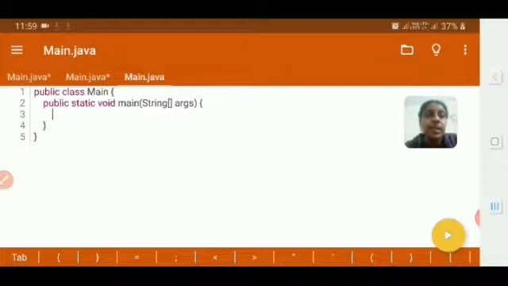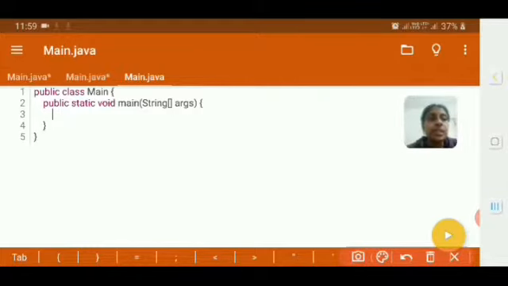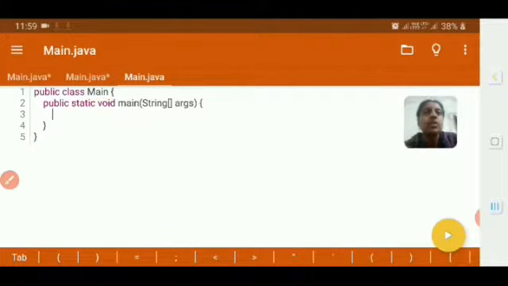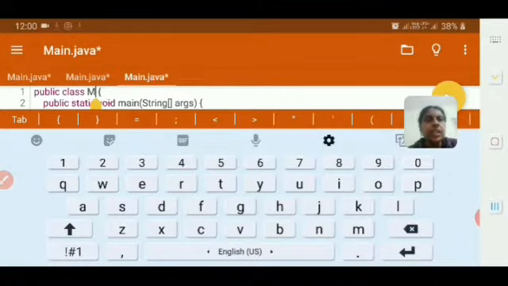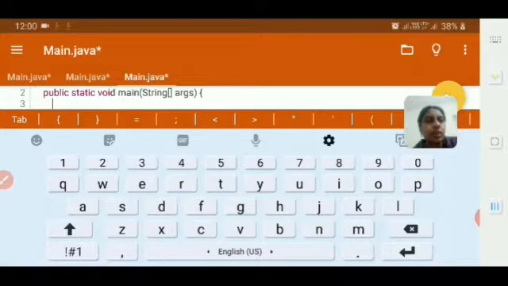Public class Main. Understand, Main here is given as a file name, and there is a difference between the Main used here and the main method. This is capital M, so we can use it as a file name, it is not a keyword, but the main in the method should be in small letters to tell that this is the beginning of the Java program. Or if you want, you can go back and change the name also. I am giving the name as test as my file name.